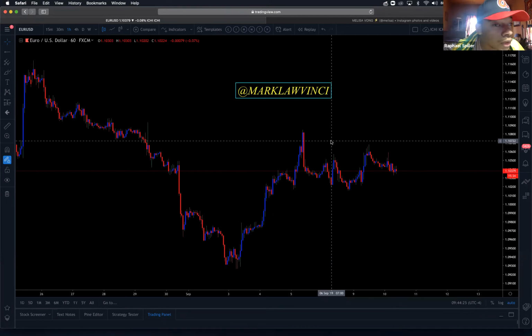Is there ever a time when price doesn't retest after breakout? It always retests. It might not retest on the time frame that you're currently on, but it always retests. It might retest on a lower time frame. It might have retested on a 5-minute, even though you're on a 4-hour. The thing is, the retest always happens. It just might take a while on the time frame that you're on. If you're on a 4-hour, it's going to take some days to retest on the 4-hour. But it's surely going to retest on the 1, 5, 15, 30, and so on.